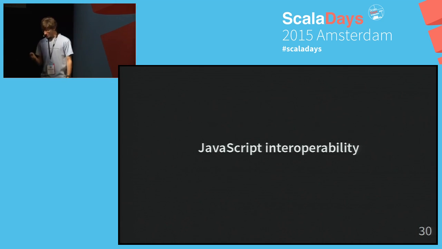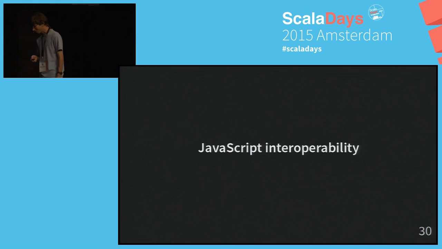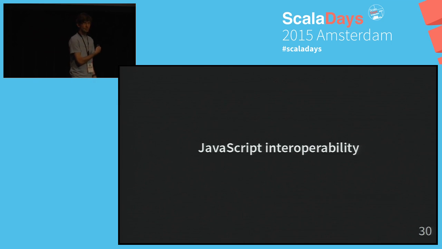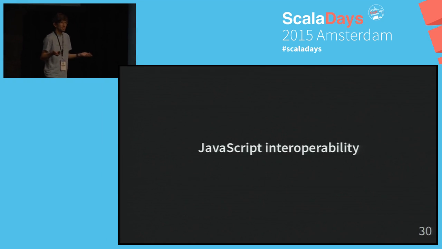Okay, let's move on to JavaScript interoperability and the semantics that we add to Scala.js to be able to talk to JavaScript in a natural way. So from now on, most of the code wouldn't even compile on Scala JVM because it doesn't have the types. It's not part of the standard library. So there is no such thing as portability or behaving the same as on Scala JVM because it wouldn't compile in the first place.